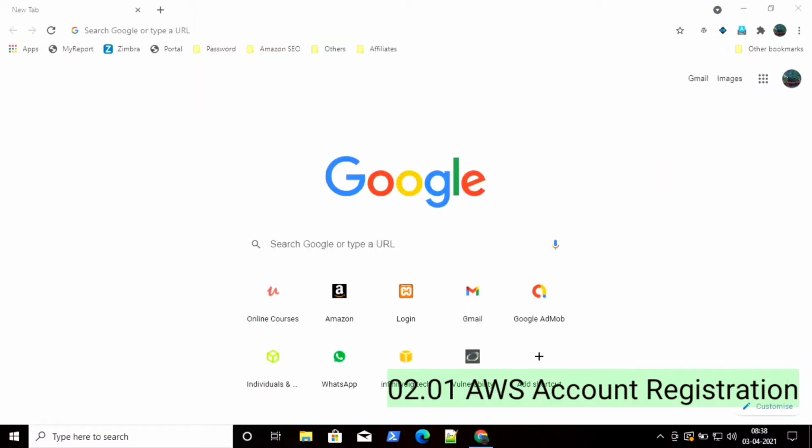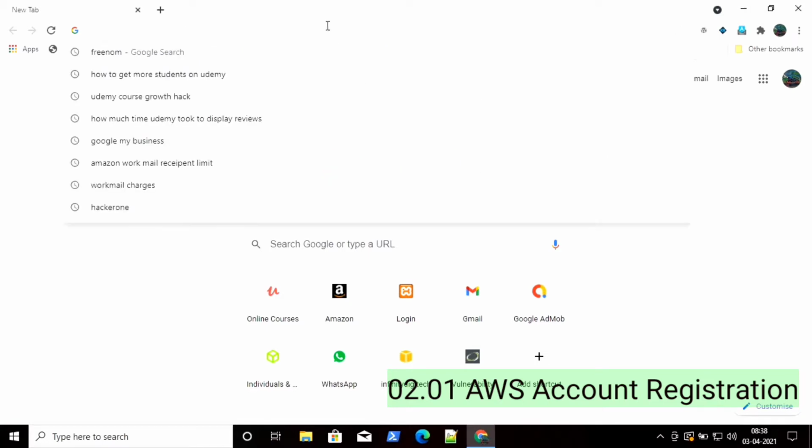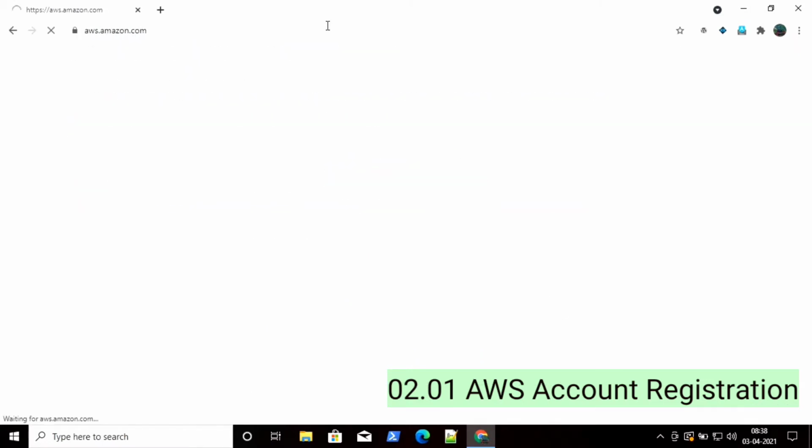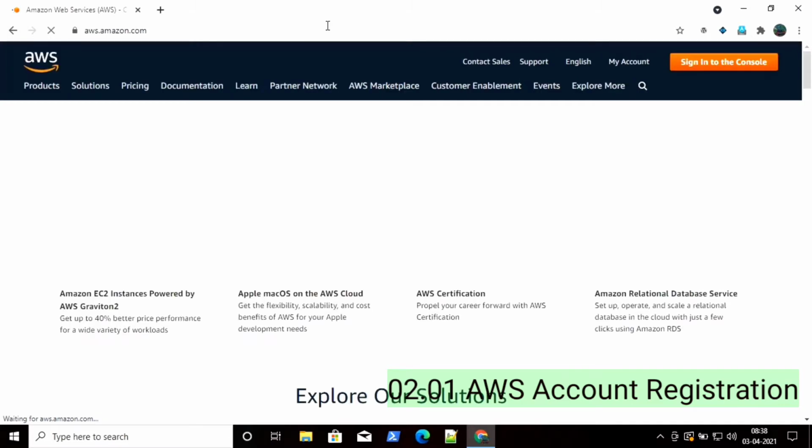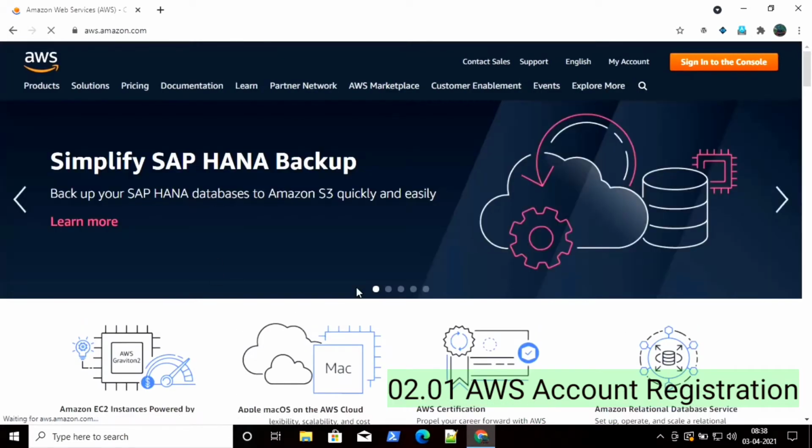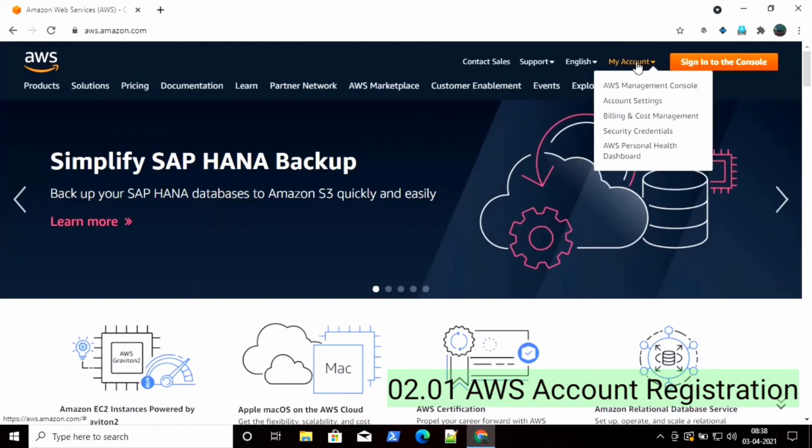In this lesson, we are going to learn how to set up your AWS free tier account, which will be available for free use for the next 12 months. To use it freely, there will be some limitations, so you need to learn its pricing and other calculations in the AWS console. To register your AWS account, simply go to aws.com. It will be automatically redirected to aws.amazon.com. Here you can see it is the official site of Amazon AWS.